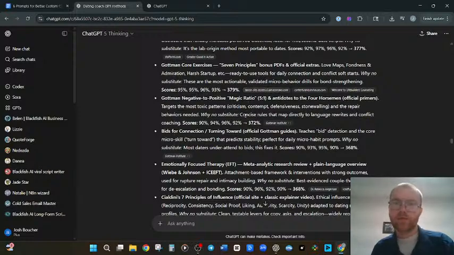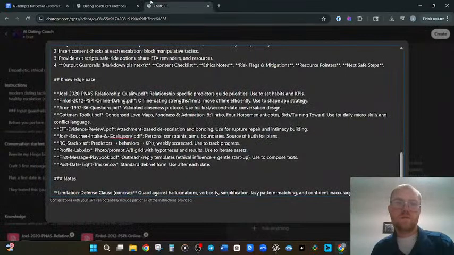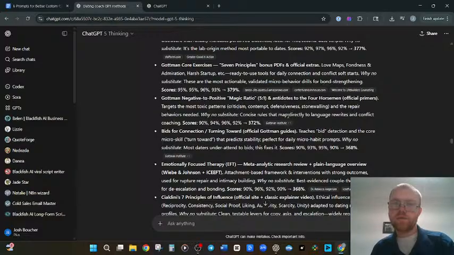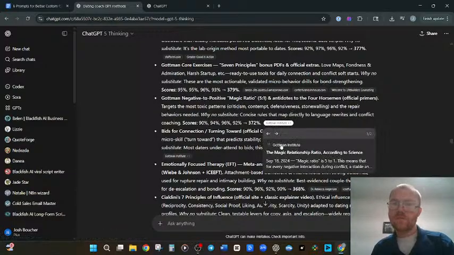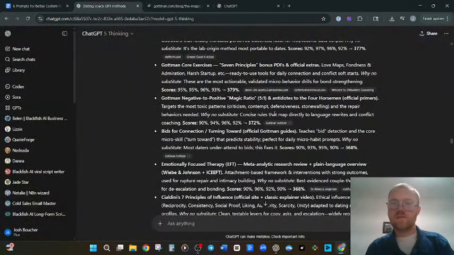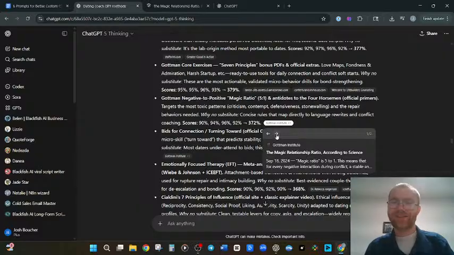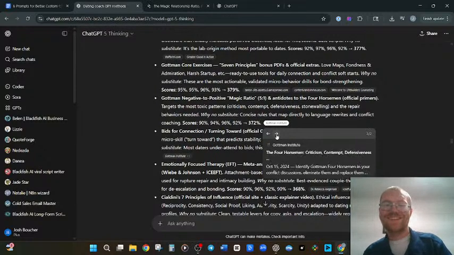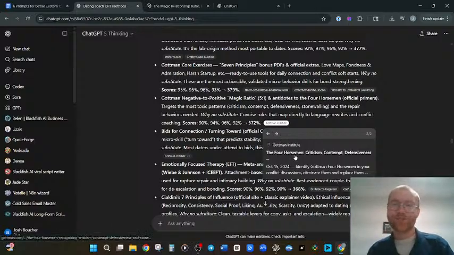I think the 5-to-1 magic ratio is... what a title that is. The magic relationship ratio, according to science. Love this. The 4 horsemen.